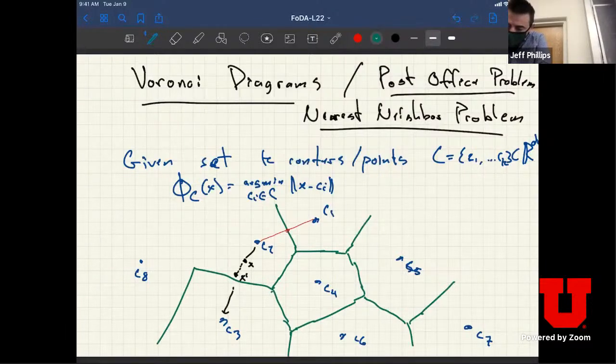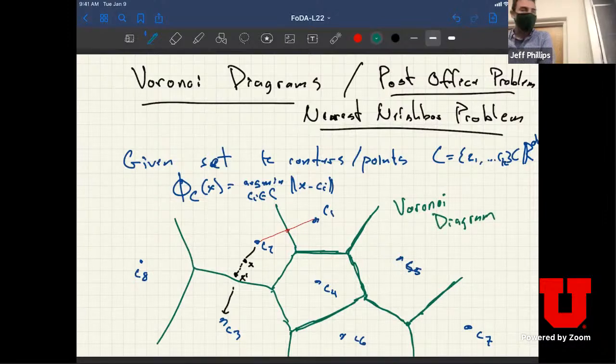One of the lines I just drew was the boundary where the allegiance switches between C2 and C3: x prime was closer to C2, but if I move it a little bit, it switches to C3. I get these boundary structures. Each of these is indeed a line segment, and they meet at these vertices. This is known as the Voronoi diagram. And given a query point x, if I know this Voronoi diagram,